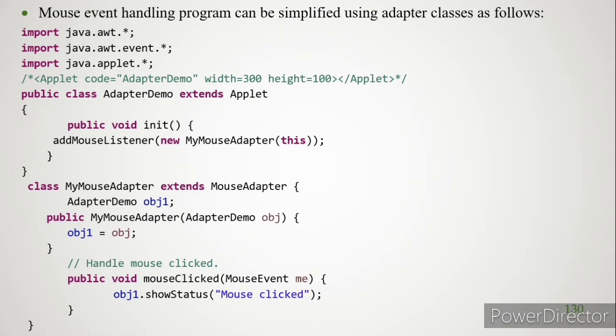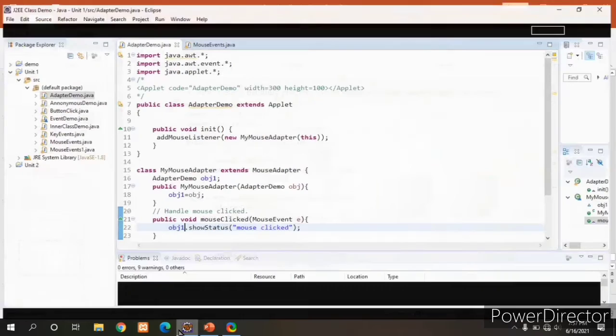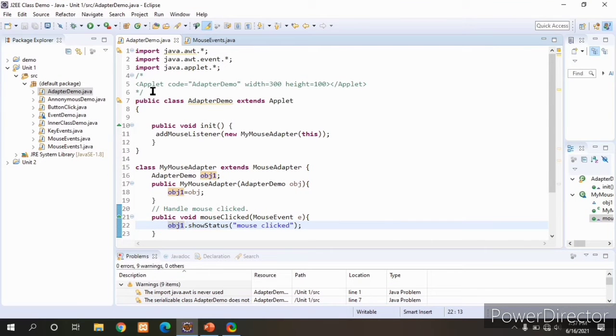Next we will see a program which handles mouse events and how that code can be simplified by using an adapter class. I will show that in Eclipse. This is the program which demonstrates an adapter class, and it displays a message in the status bar of the appletviewer when the mouse is clicked.